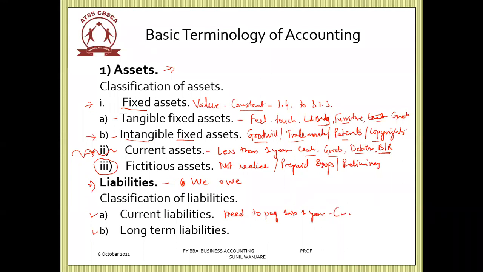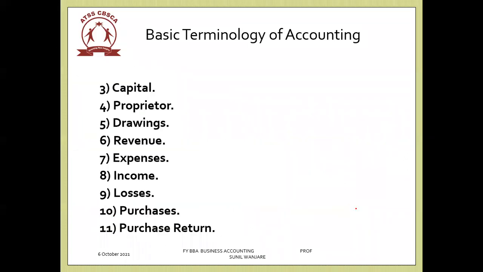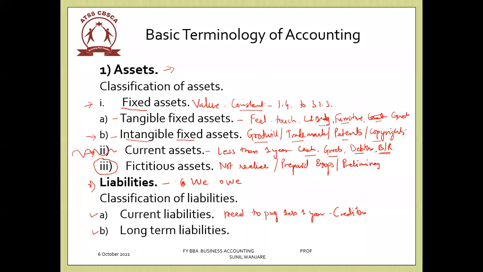One more example is creditors. We have purchased goods on credit and we need to pay them, and usually we don't pay beyond 1 year. The stuff that we have bought, raw material from different suppliers, the suppliers are called creditors, and we need to pay them in less than 1 year. Otherwise, if you pay them after more than 1 year, tomorrow they will not supply goods to you. Might be they supply, but then they will charge you extra. So you need to pay the creditors in time so that next time they offer you very good rates, and maybe give you good quality material.